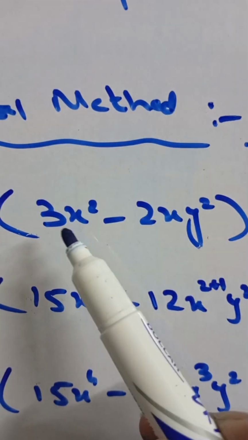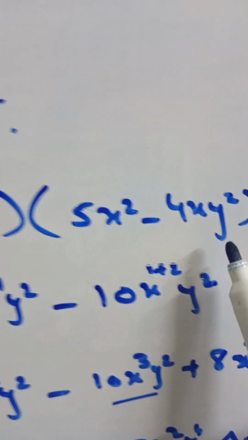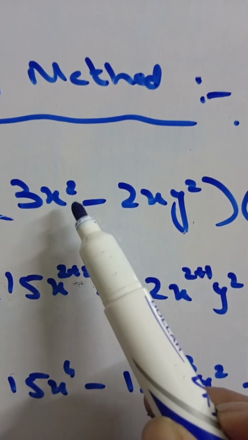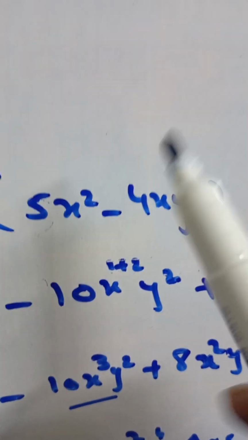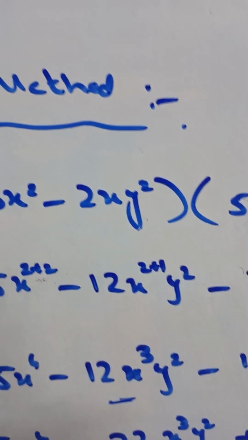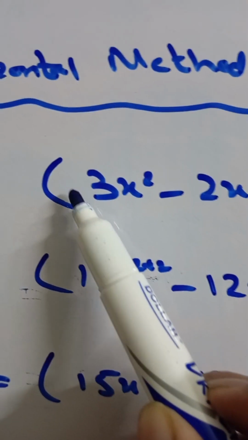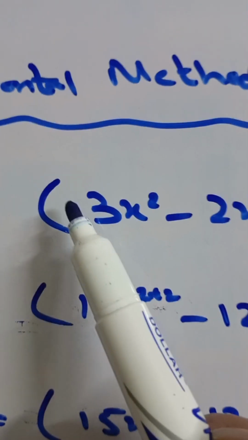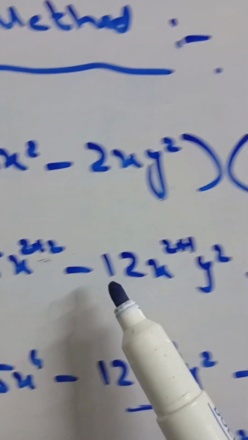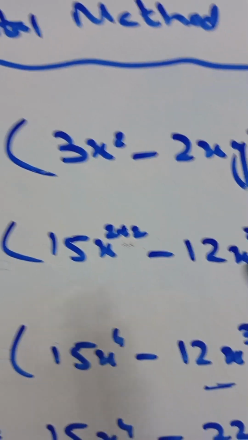Okay, next 3x square multiply 4xy square. What it becomes? 3 4s are 12 and x raised to power 2. And here what is the power of x? 1. When it shows no power, it means it is 1. Okay, 2 plus 1 becomes 3. And there is no y here, but we have y square here. This y square will remain same. And plus times minus, when no sign is here, it means it is positive. So as we know, plus minus minus. You got it?